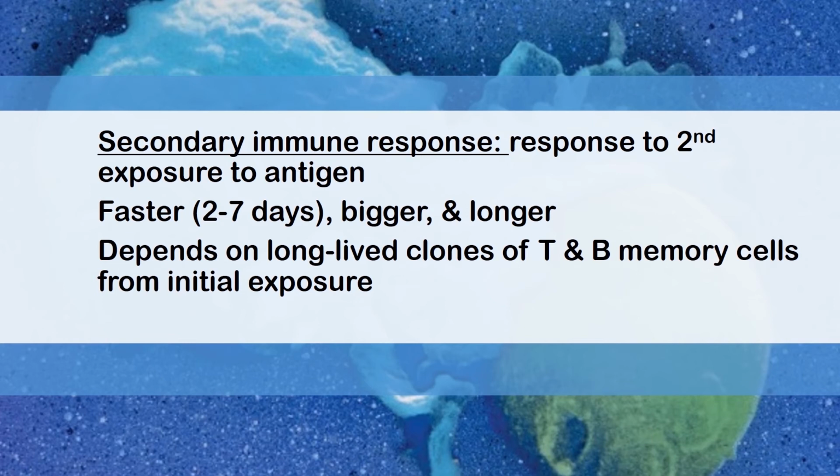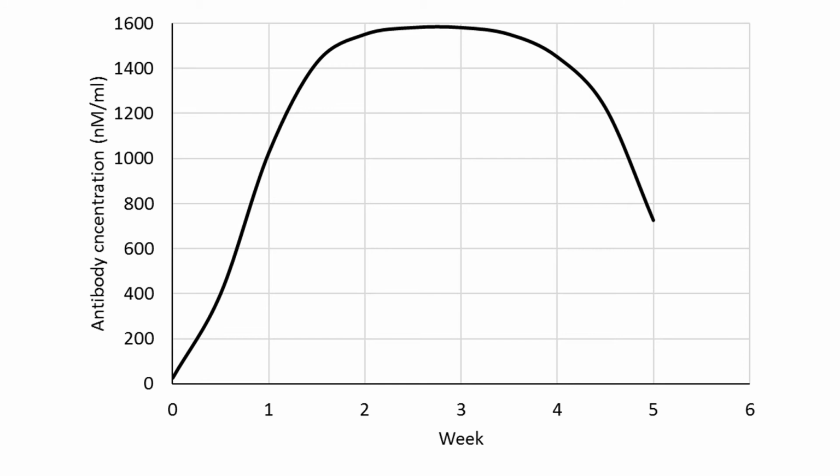It depends on those long-lived clones of B and T memory cells from that initial exposure and from those subsequent exposures. That much longer response means that you innately have the ability to fight the infection. The interplay between that primary and secondary response is going to be critical for the ways in which we view